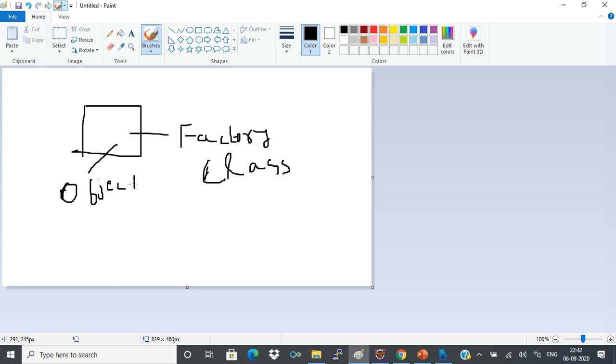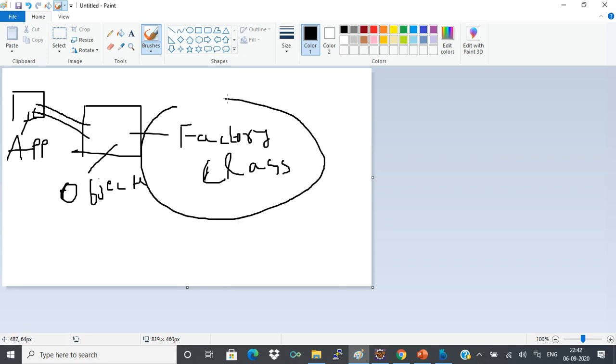This is my application. Let your application use the factory class and get the object. This is how the scenario works. This factory class can be called a design pattern. So what is the advantage? The Wikipedia definition of a design pattern is applicable here: a design pattern is a reusable artifact, a reusable code component, and also a best practice.